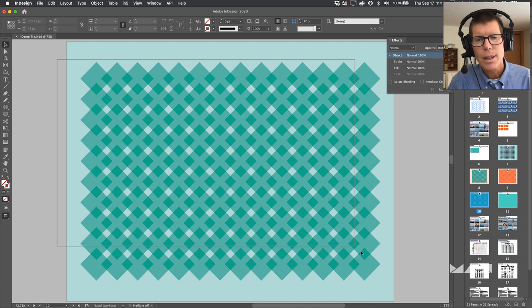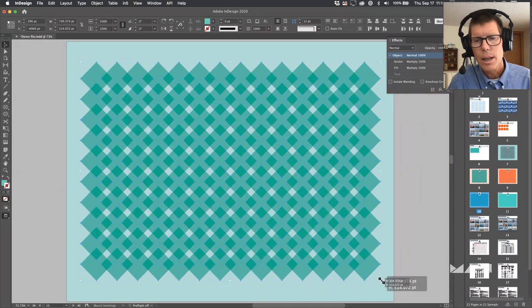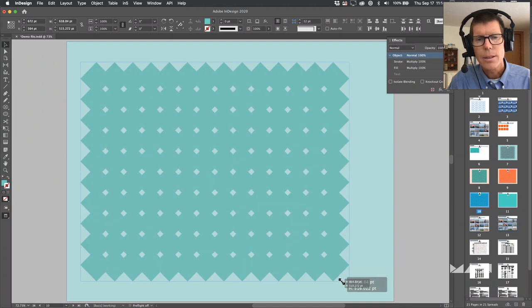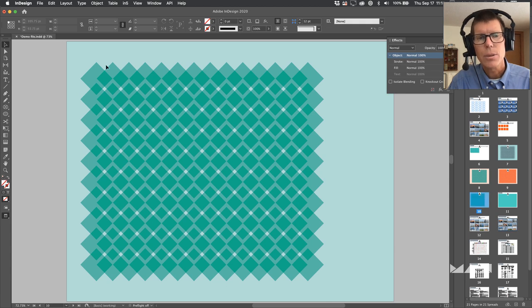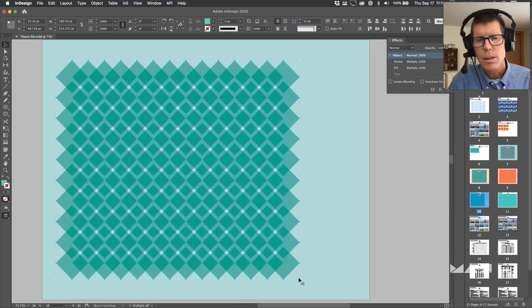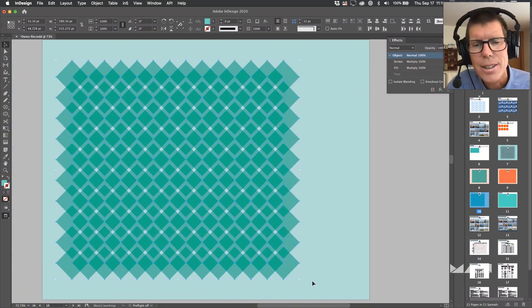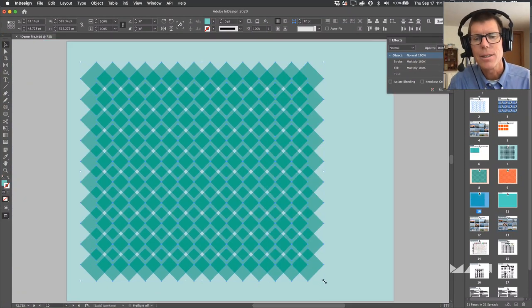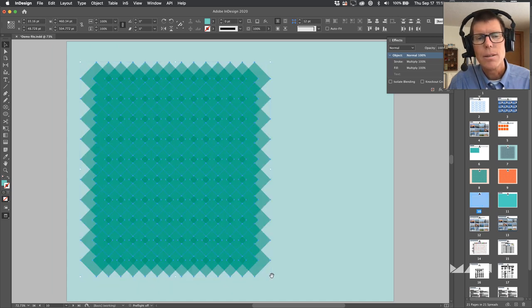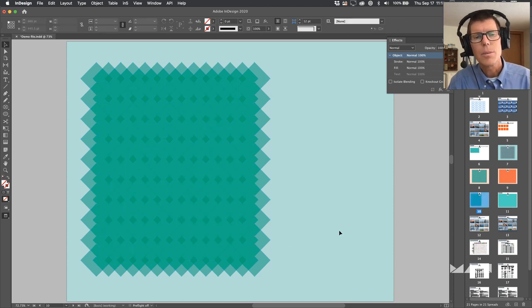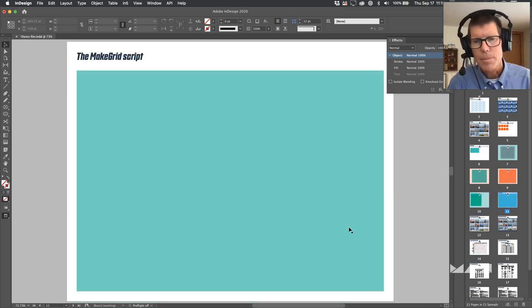So the point is, if I select these and do live distribute again and overlap them in some other way, I get a completely different result, right? I have to be accurate here. For Pete's sake, I can't seem to grab that little handle. Try it again. There we go. It looks completely different than what I had before, right? So great for background patterns, that sort of thing.